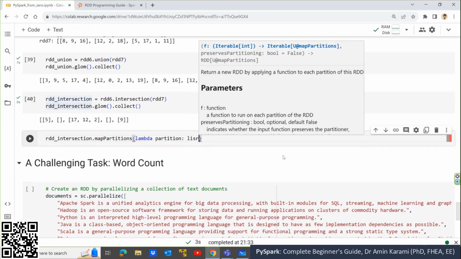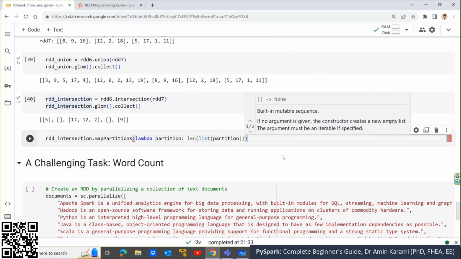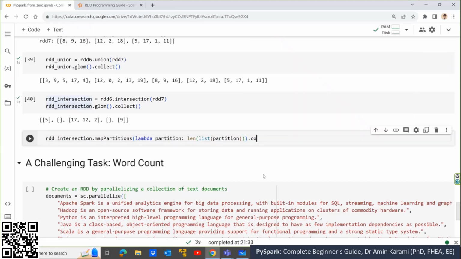So convert the values to a list, and then get the length. Because I want to get the length, I'm using list. Right, length, and maybe at the end you can collect. If you have many partitions, you can also avoid collect. If you have less than 100 partitions, sometimes even 200 partitions, depending on your hardware, it is still okay. So if I run it,